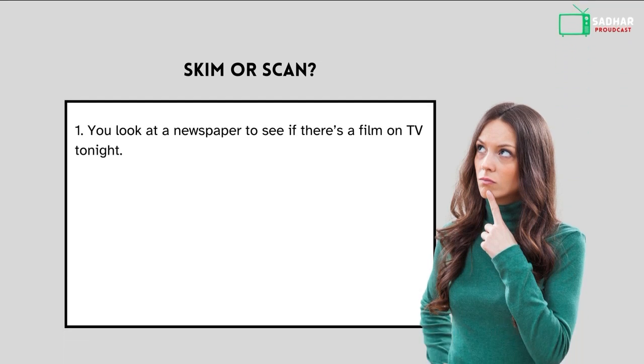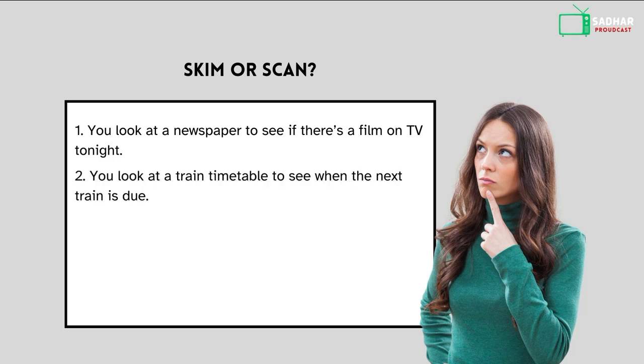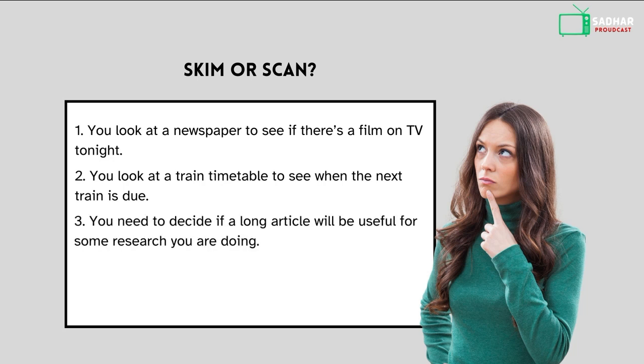Now we need to familiarize ourselves with skimming and scanning. There are some topics here, and we need to be able to decide between the two. For example, you look at the newspaper to see if there is a film on TV tonight, skimming or scanning. Number 2, you look at a train timetable to see when the next train is due. You need to decide a long article